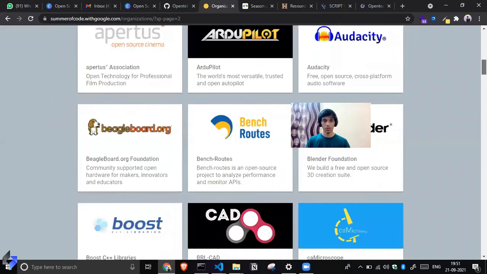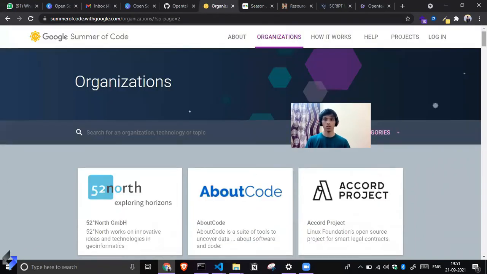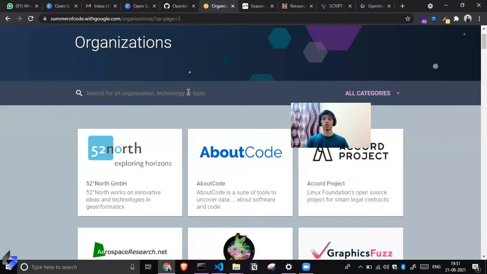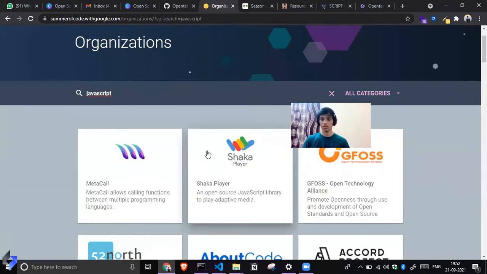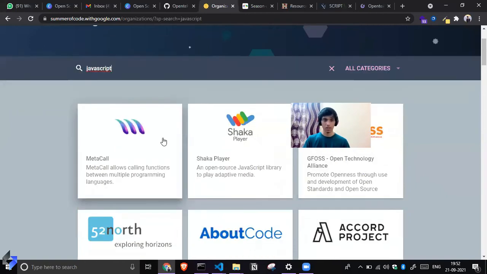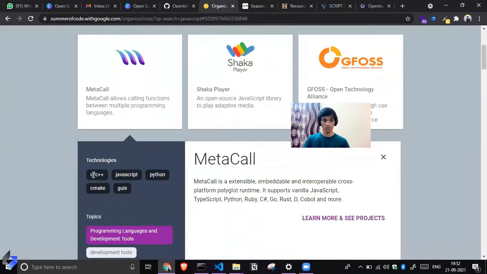So what you can do is, if you want to contribute to a particular tech stack, like JavaScript, anything with JavaScript, you can come here and search. You can search JavaScript, and it will show the projects which have used JavaScript. And see, you can see here C, C++, JavaScript, Python, CMake, and GUX.